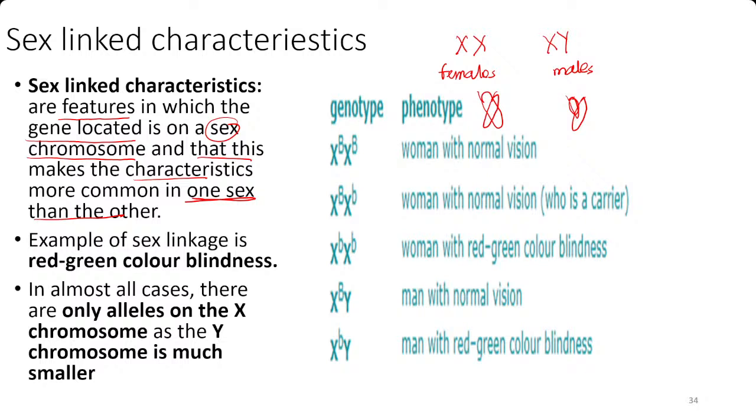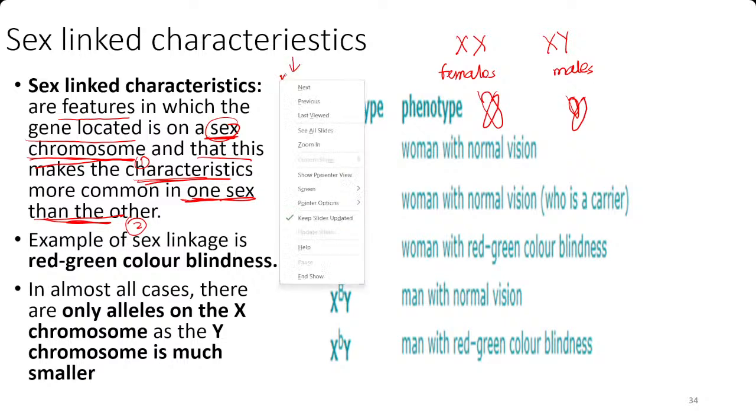You do not need to know the details of this, but I'm just giving you the gist of it. That's why you don't see anything written on the Y over here or the Y over here, but you see something written on the X, okay? So sex-linked characteristics are basically, as I said, features in which the gene is located on a sex chromosome. Saying that will give you one mark, and that this characteristic is more common in one sex than the other gives you another mark. Now you only need to know two sex-linked characteristics, which is hemophilia and red-green